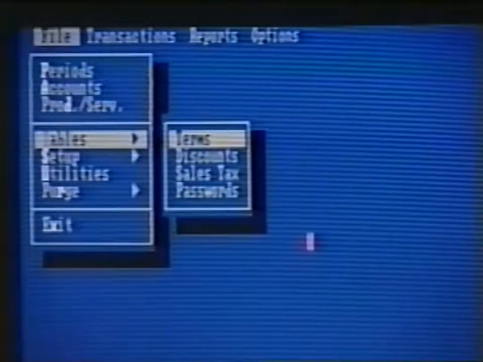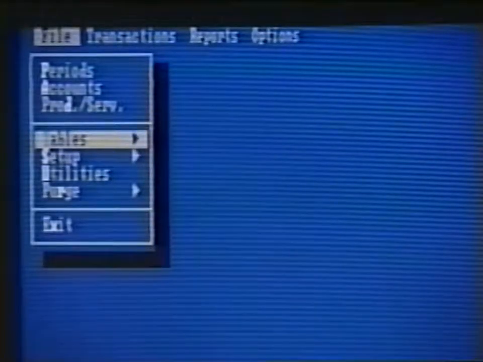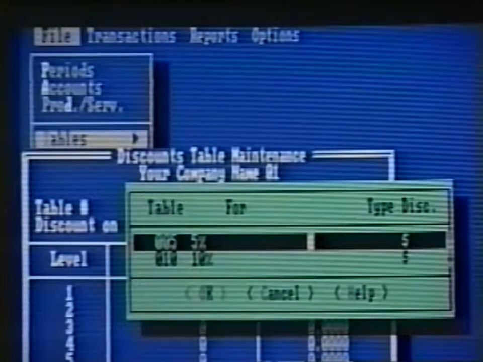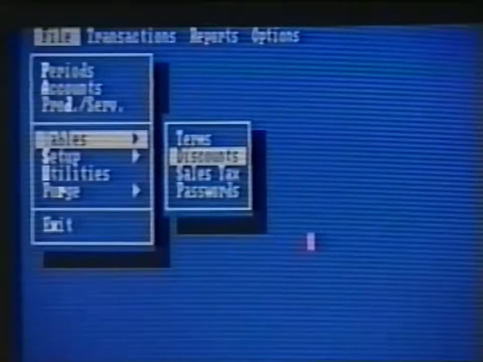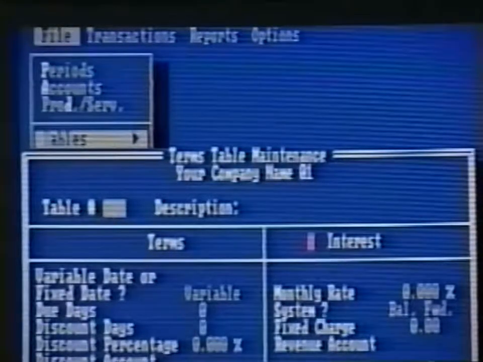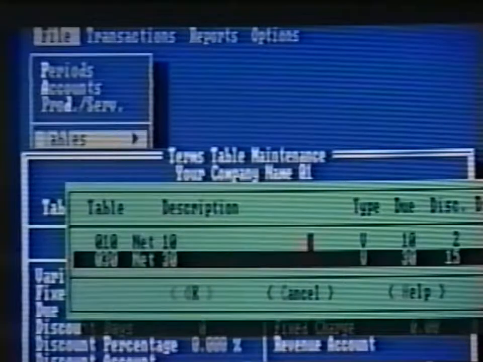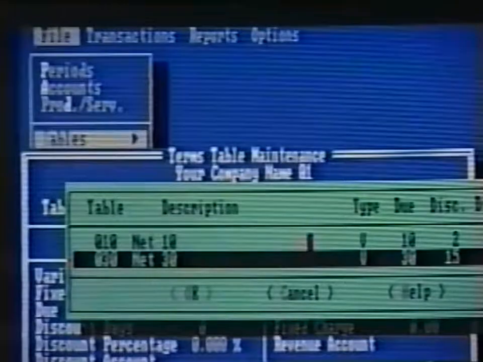Another table available in Pacioli 2000 is the Discount table. This table allows you to assign discounts to individual accounts. The Terms table allows you to identify by number specific payment conditions for your customers or specific payment conditions offered you by vendors. Both the discount table and the terms table come with several entries already available. Use the Browse command in the table number field to view these entries. For detailed information on these tables, consult your user manual.